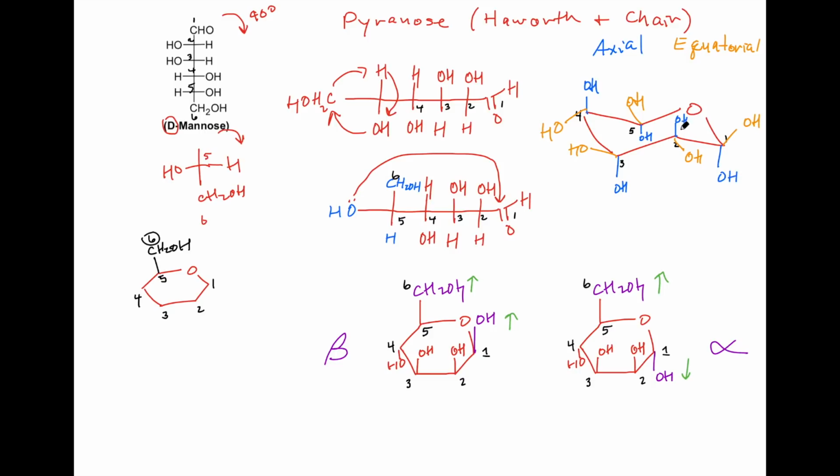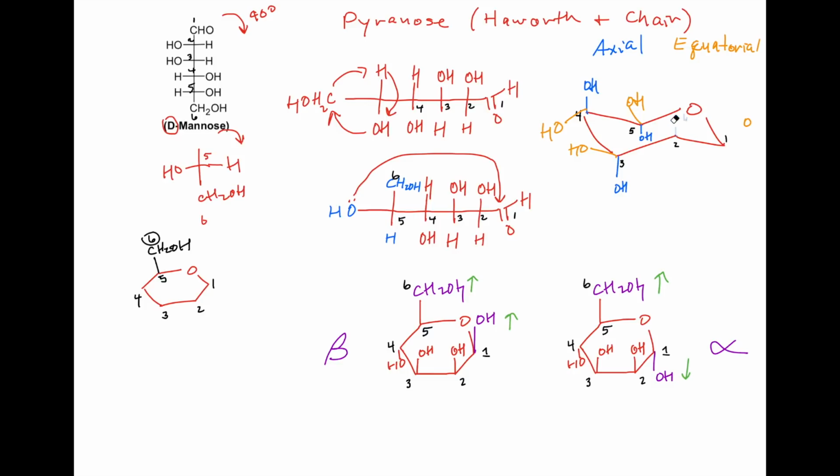At this carbon number 2, axial is up, equatorial is down. It just means that this carbon is facing up while the hydrogen is facing down. Therefore, this would be essentially an axial position, or this would be an equatorial. So here it is reversed again. Axial is facing down, equatorial is up. Here, equatorial is down, axial is up. Here, essentially, the equatorial is up and the axial is down. Okay? So now that we just reviewed that, let's go ahead and get rid of all this,